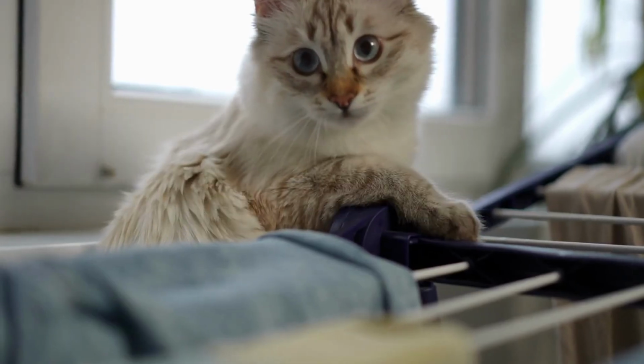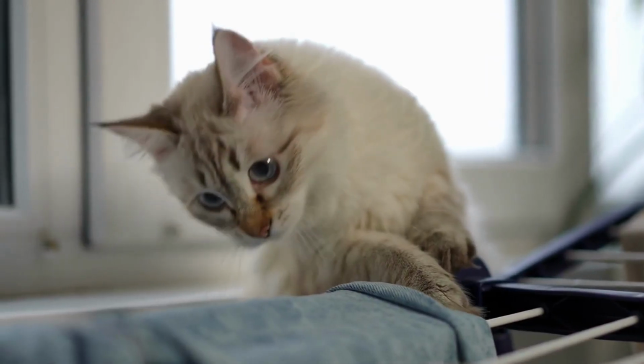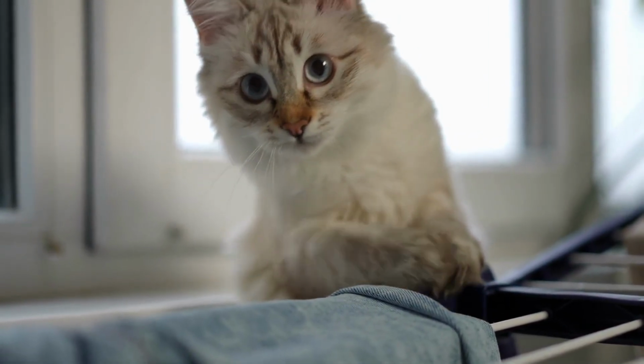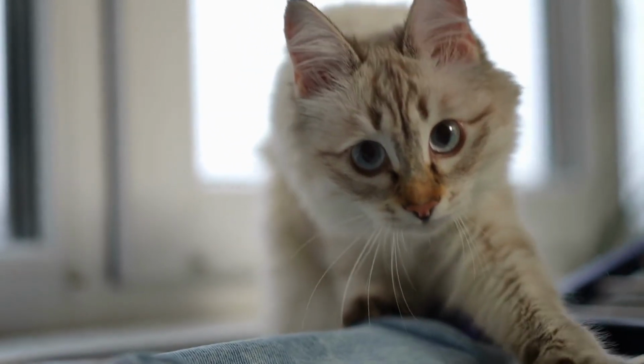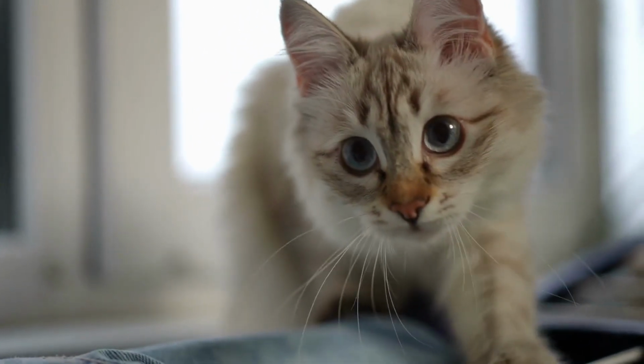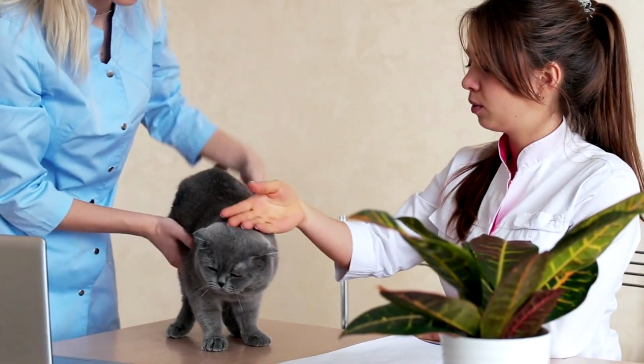If you've ever brought a new cat into your home, you know how exciting it is to welcome them into your family. They're cute, cuddly, and filled with endless energy. But, as any experienced cat owner will tell you, there's more to caring for a cat than just feeding and playing with them. You want to make sure they're healthy and protected from diseases that could potentially affect their quality